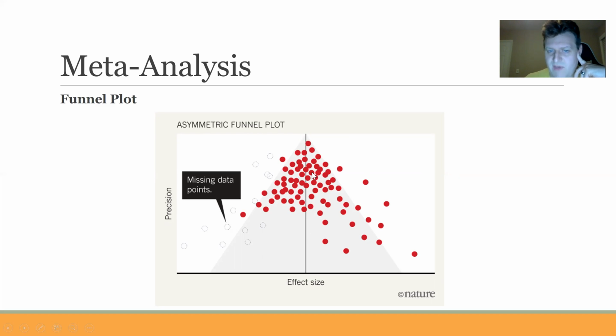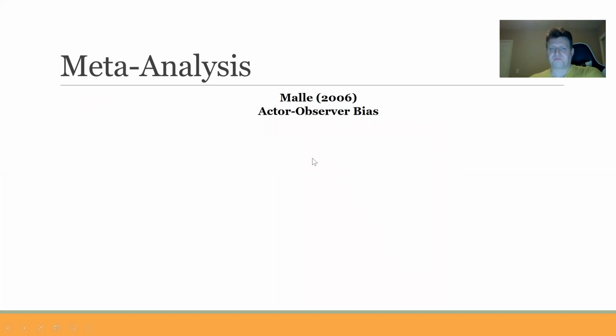So we have evidence of publication bias if this funnel plot is weighted one direction and not another. We can point out the publication bias of a particular effect in the literature by examining these funnel plots. Really cool. So let me give you two famous examples of meta-analyses. This first one is by Mal in 2006,